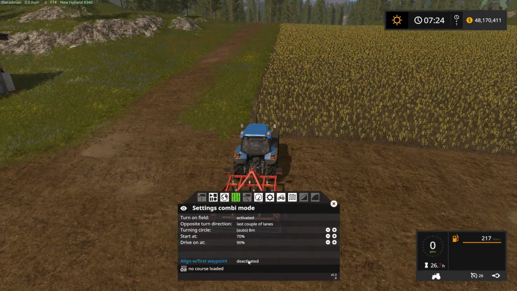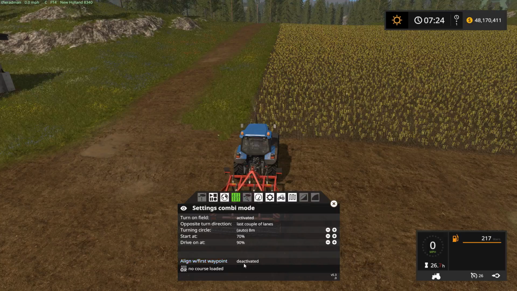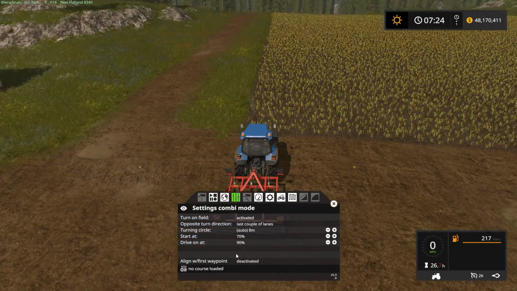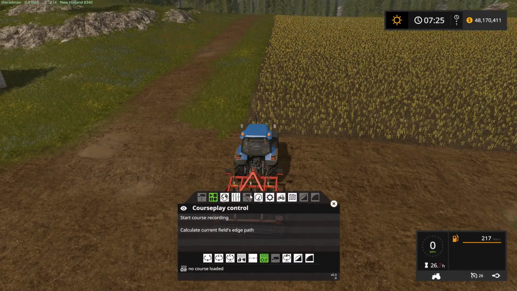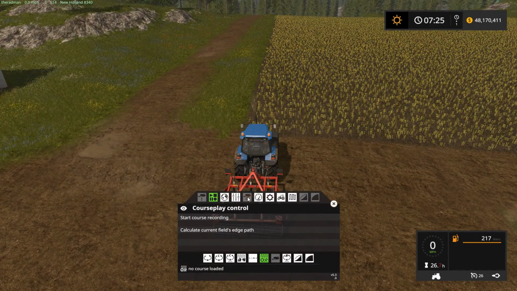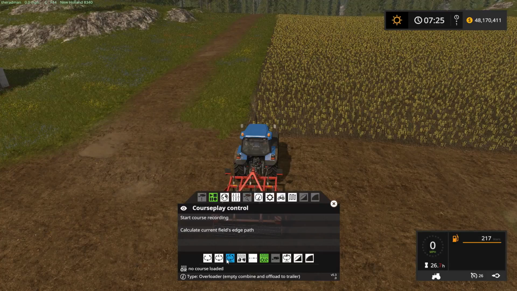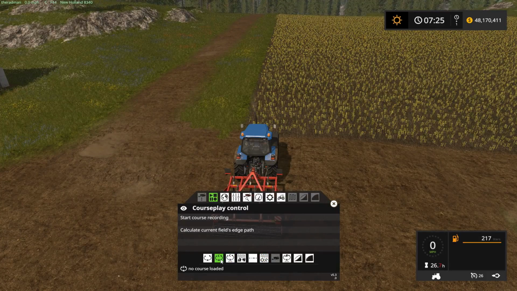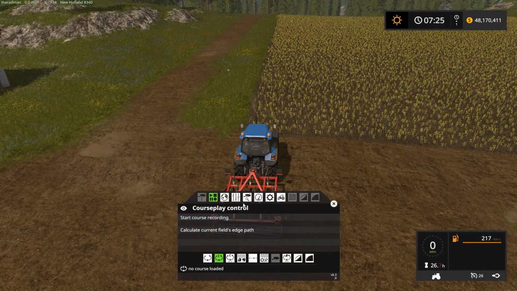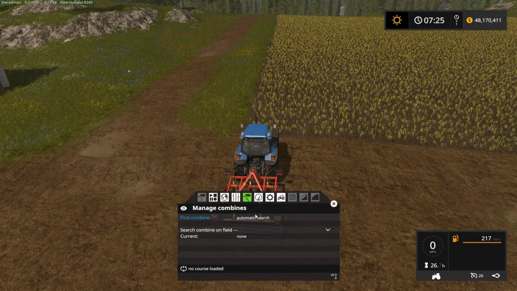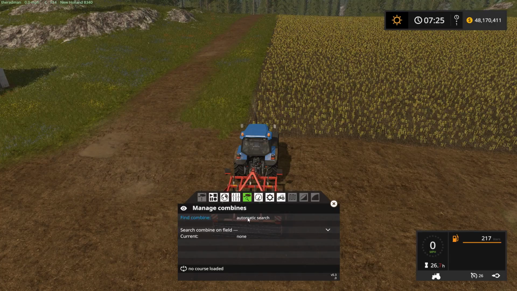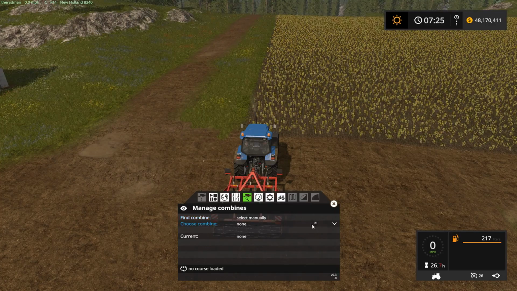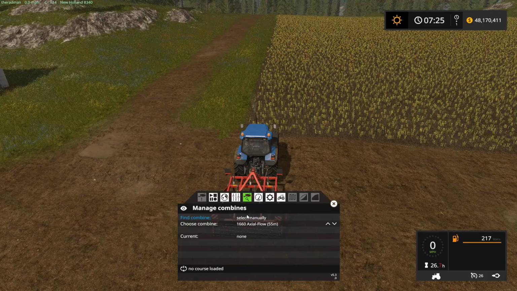Align with first waypoint is just a setting that you can turn on if you want it to always go to the first waypoint when you start a course. And then this is another option that is only available in the overloader or combi mode, and it basically is just a way to find combines. You can either do it manually or automatically, so you can choose a combine manually this way,